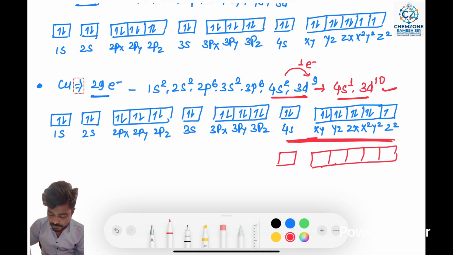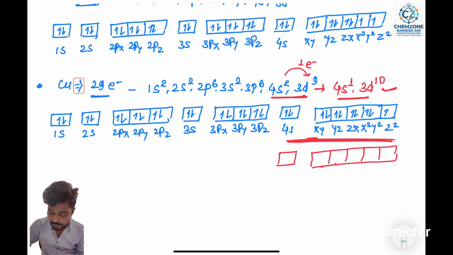Okay, I am filling the electrons. So 1 electron is present, and shifting for this were 2 electrons. Okay, sorry, 2 electrons are present for the 4s, but 1 electron is shifting to the d orbital. So 1 2 3 4 5 6 7 8 9 10. So these types of structure are, that is